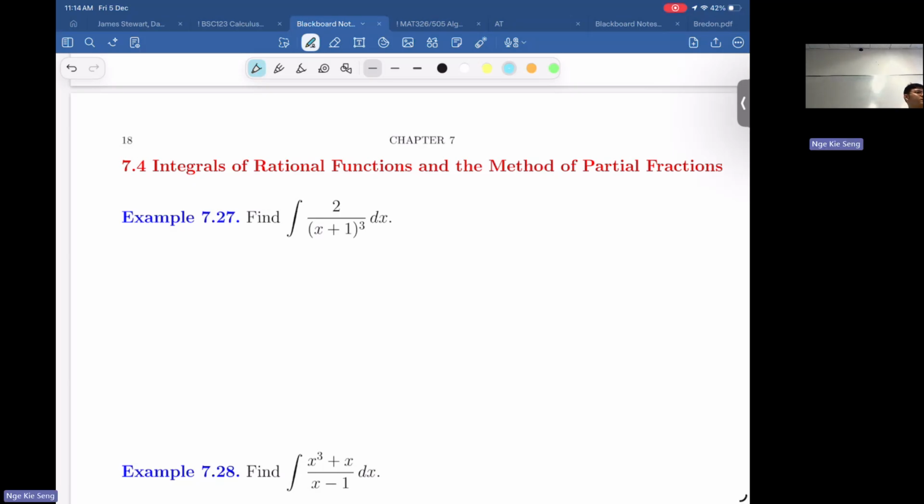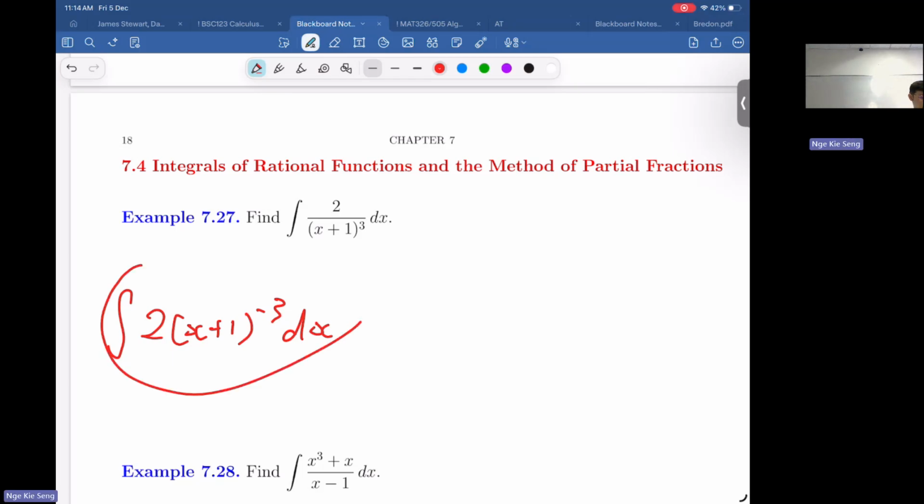Oh, you mean, okay, I get what you mean. You just write it as a polynomial in terms of negative degree. This is easier to see, right? But then what can you do? Then